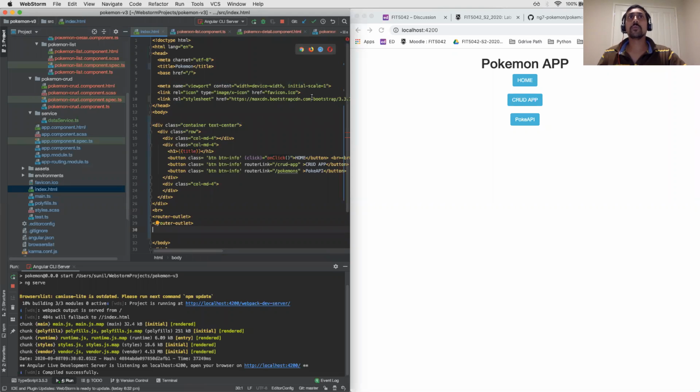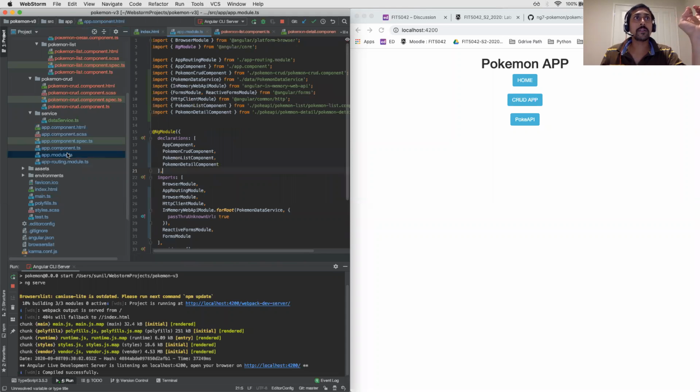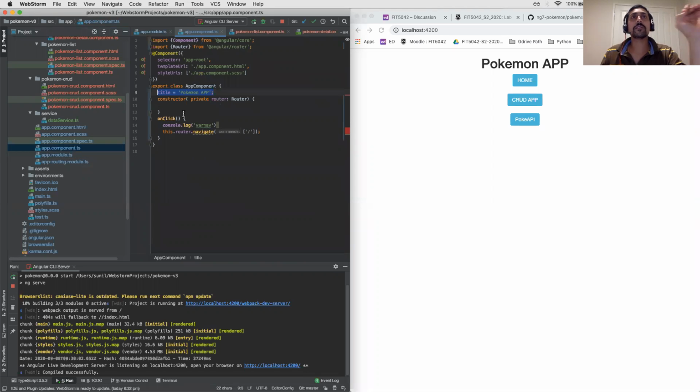That's why you will see the title. When this component view is created, that specific component model lifecycle will kick off. So the model behind this is this. Once this gets kicked off, you have an attribute called title, which has Pokemon app,